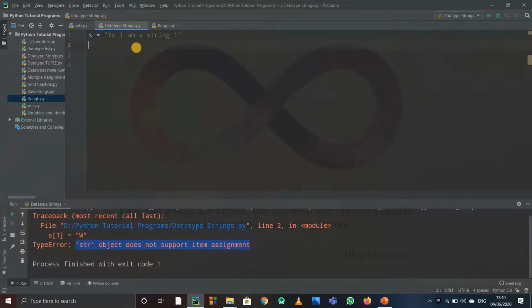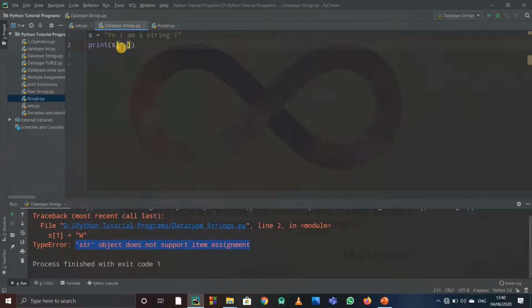And now slicing. Slicing is a really important feature of strings. So for slicing in a string, you write the indexes in the square brackets again, like we did for index accessing. Suppose you want to print a particular part of the string. So suppose you want to print I am. So you need to see the index. So 0, 1, 2 and 3. So for I the index is 3. Then 4, 5 and 6. For M the index is 6.